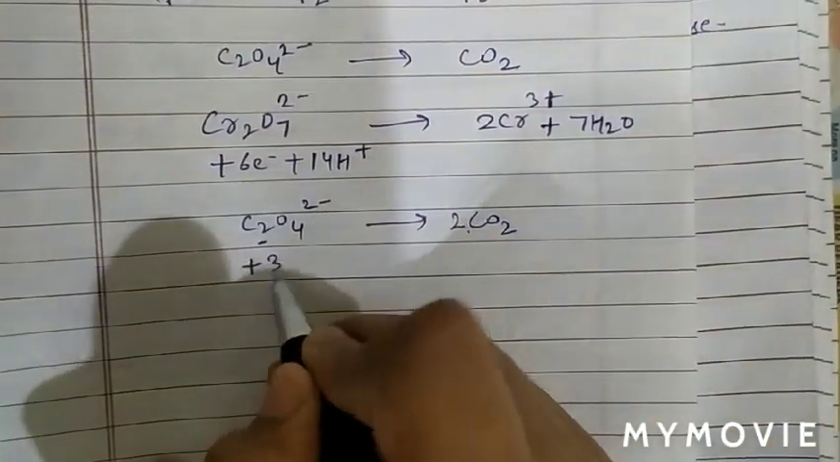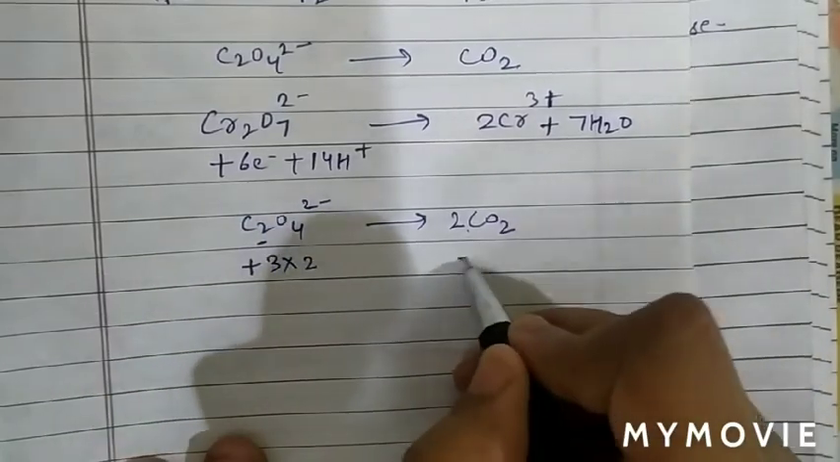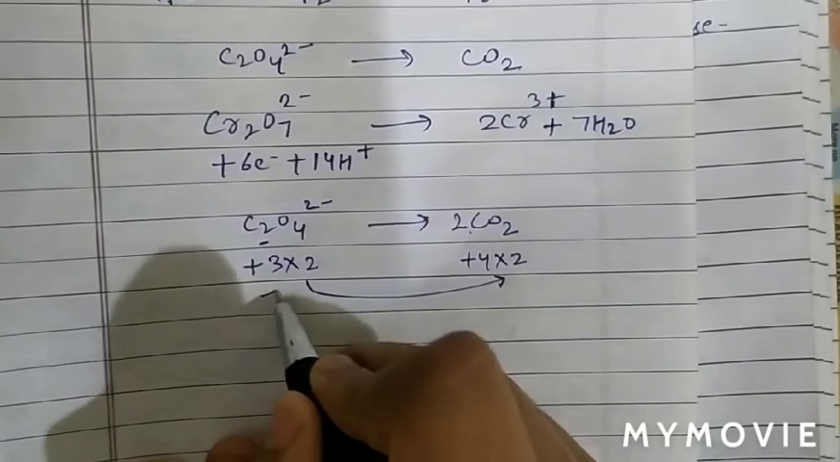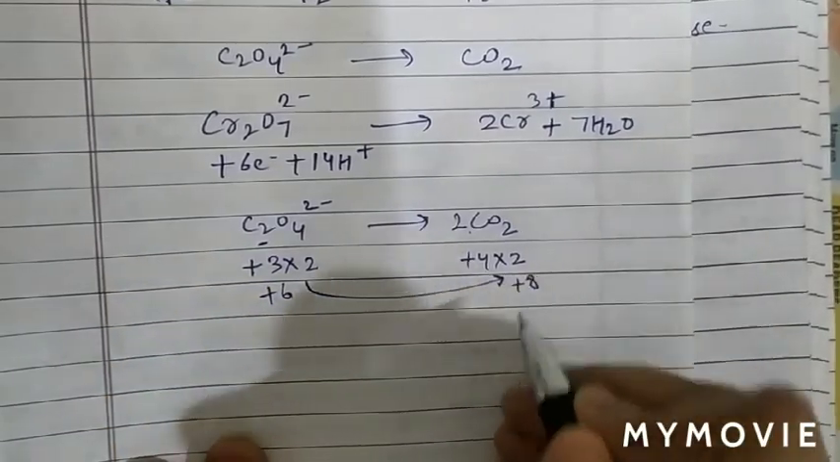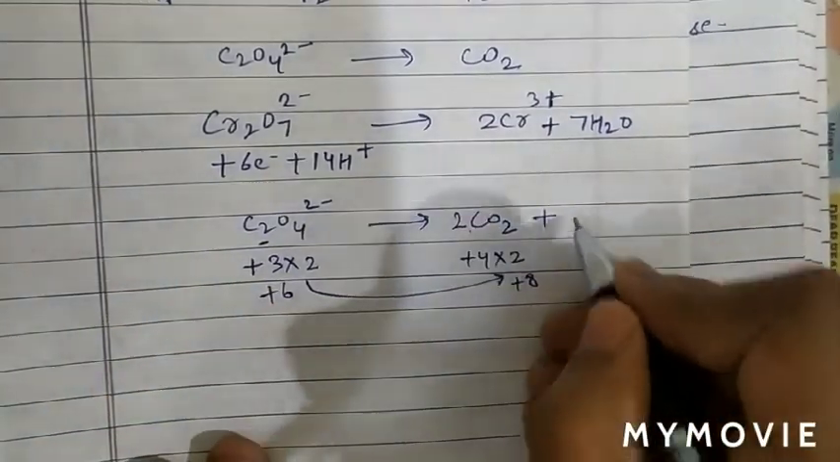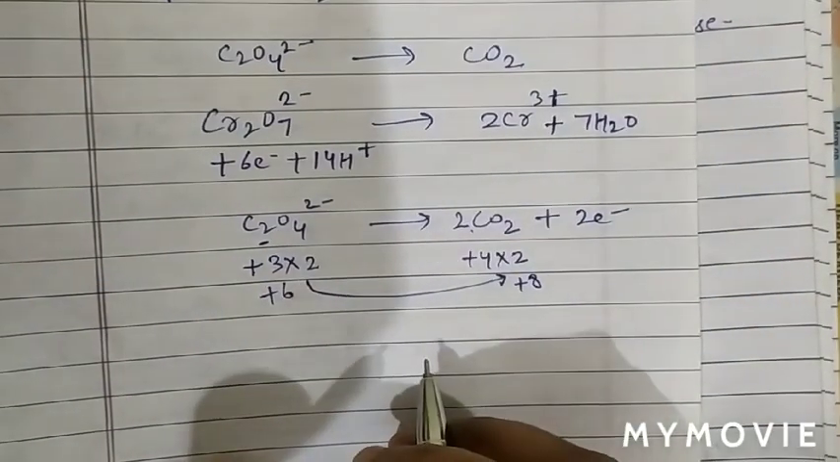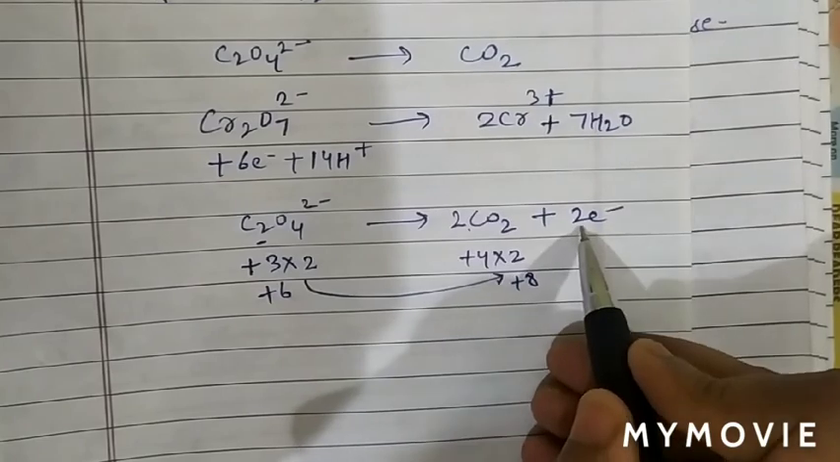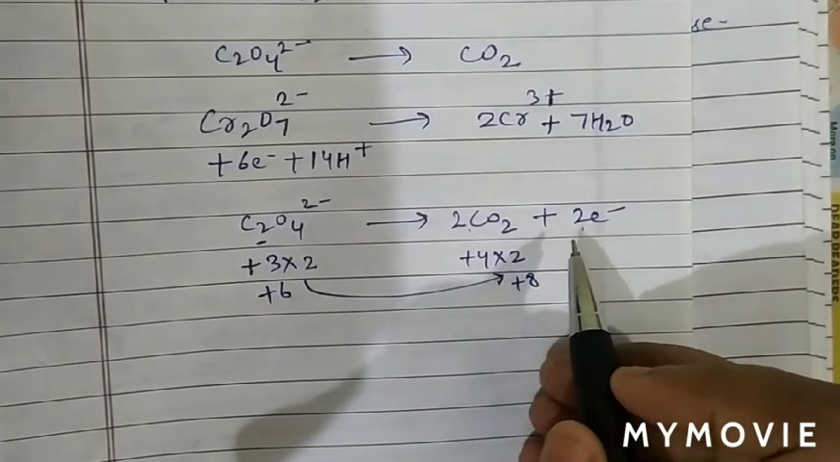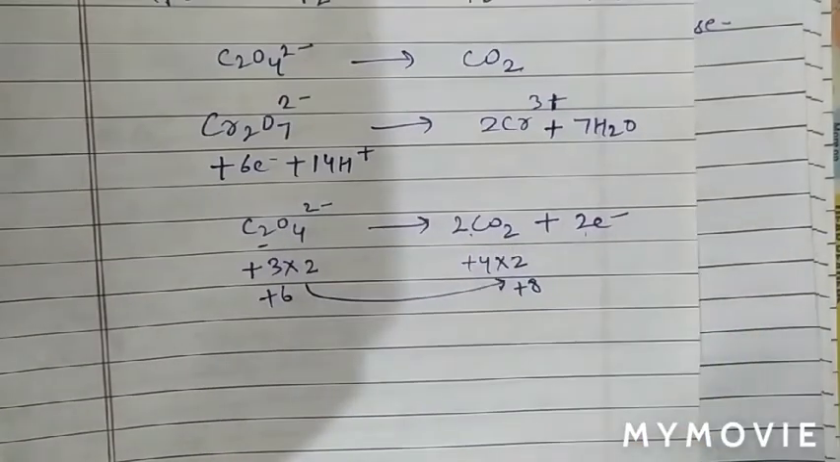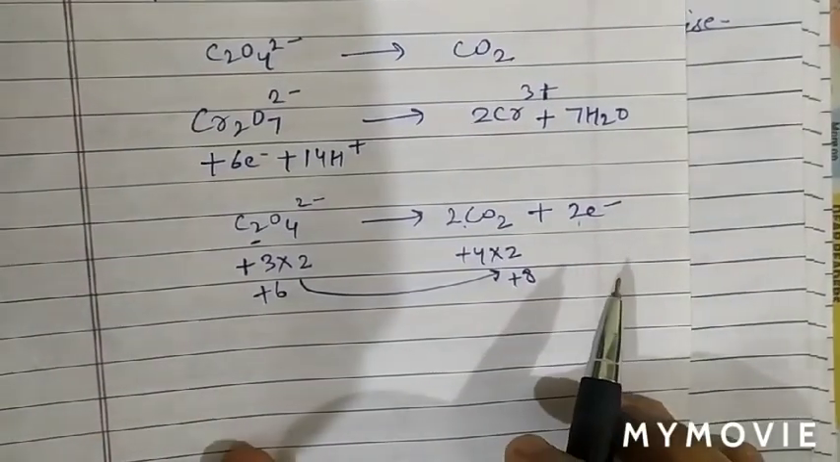Now balance the oxygen atoms. 4 and 4, the oxygen atoms are balanced. As we can see, there are 6 electrons on one side while there are only 2 on the other. So multiply the reaction by 3 to cancel out the electrons. The 6 electrons cancel out. Now the net reaction is Cr2O7 2 minus plus 14H plus and plus 3 C2O4 2